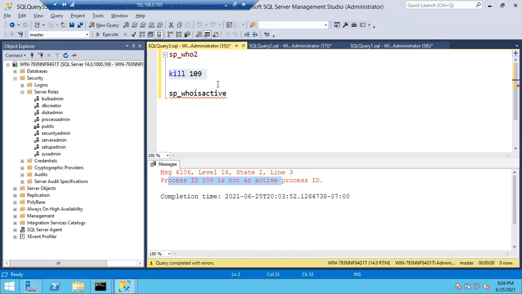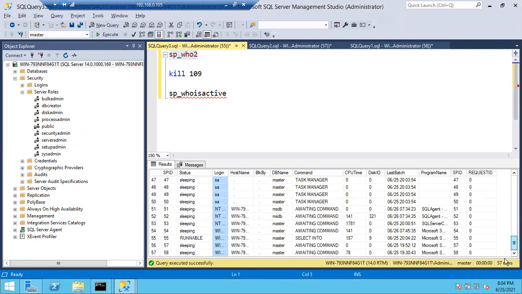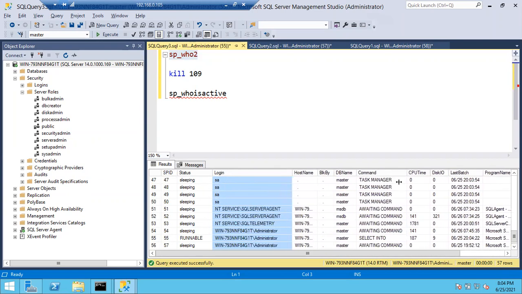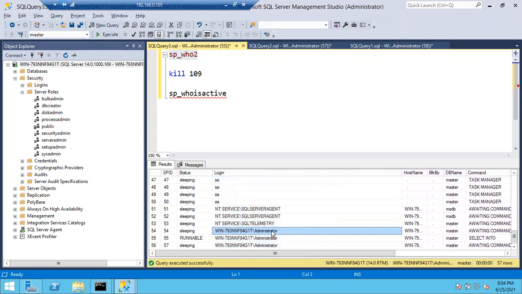Who is running a query? You can see it under sp_who, in the login name column. Under login name, you can easily check who is running the query. So you have to ask him, "Hey, your query is taking longer than expected and is consuming all the resources. Can you please allow me to kill the session, or can you please kill it from your side?" So that he is going to agree.